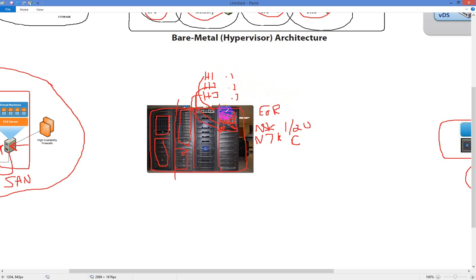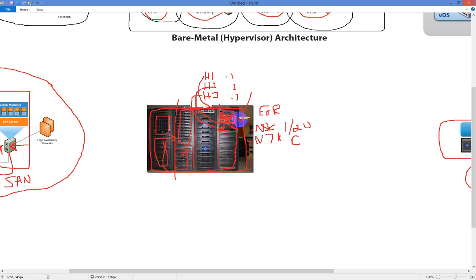So ESXi would be running on the blades here. And these are half width blades, I believe B200 series, and then the B200 series on the back end would connect into the FEX. The FEX would connect into the Nexus 5K or 7K, and then the Nexus 7K or 5K would also be connecting to your storage, like your Fibre Channel switch stuff on the back end. So on the back end there would be some cables run and plugged into a storage processor or into an initiator or a target.